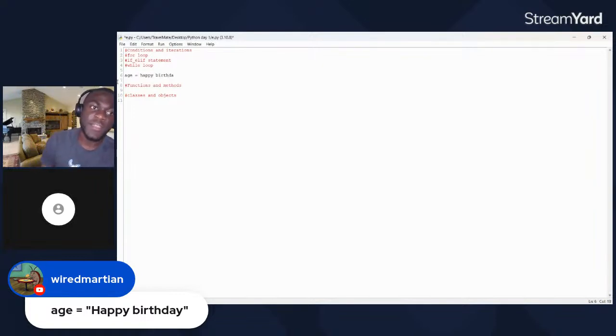So if he does something like this, will it cause an error? It will cause an error, but if you put quotation marks inside of it, the only thing is that happy birthday just has a variable name called age. But it's not really advisable to think about those kinds of things because you want to make sure that your coding is precise and actually makes logical sense. If I look at age and I see happy birthday, already I'm thinking that it doesn't make logical sense, whereas I could say date of birth equals happy birthday.